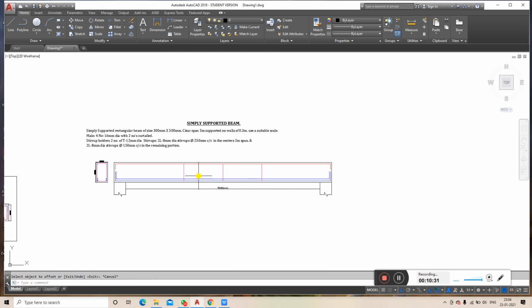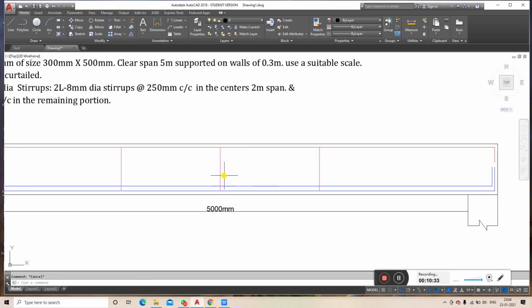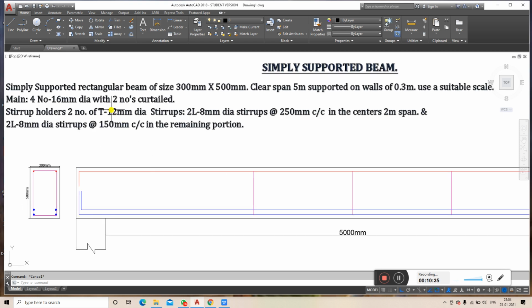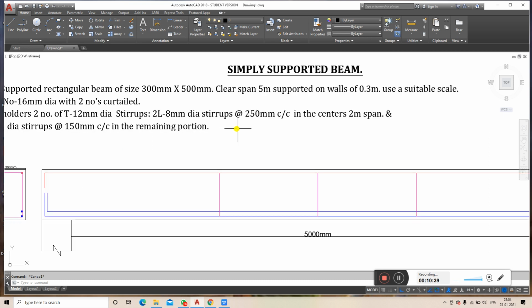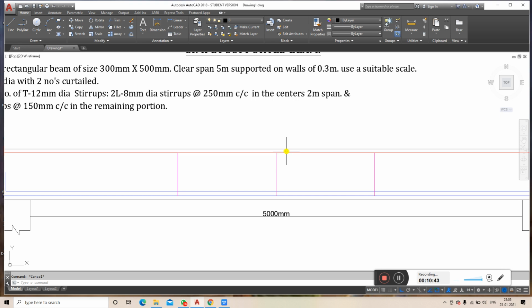Because he says that at center the spacing of the reinforcement should be how much? For center 2 meter span it is 250 mm. So I'll take offset of 250 mm. Sorry, offset 250.